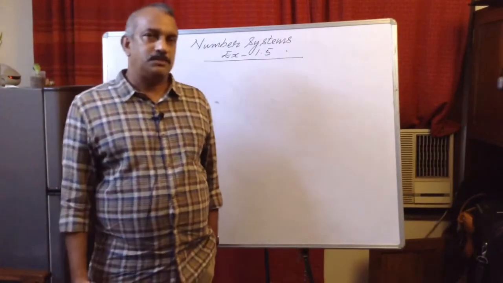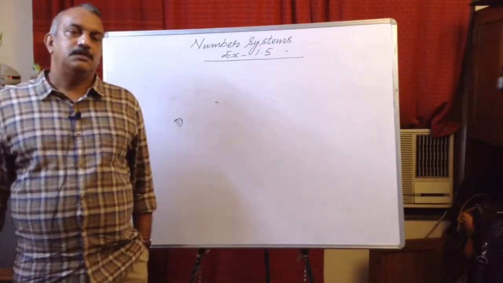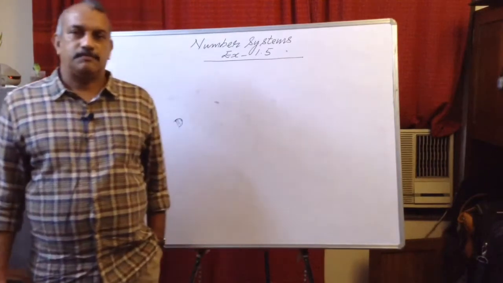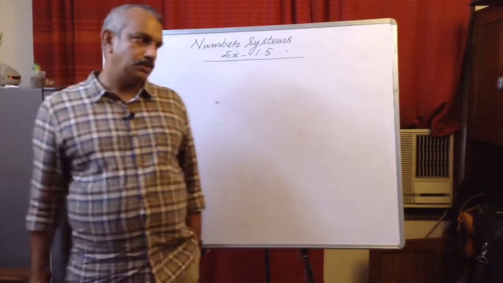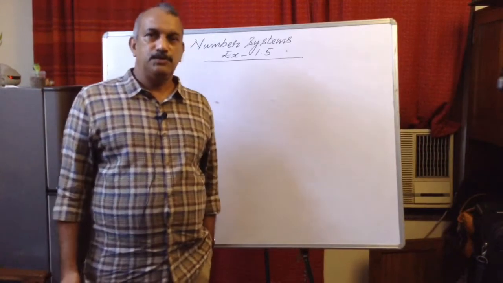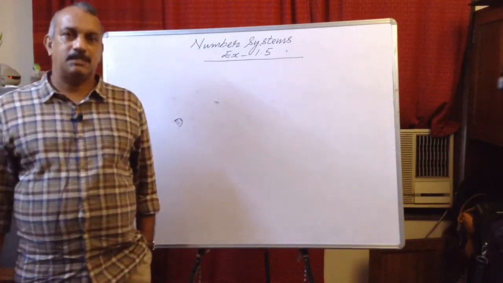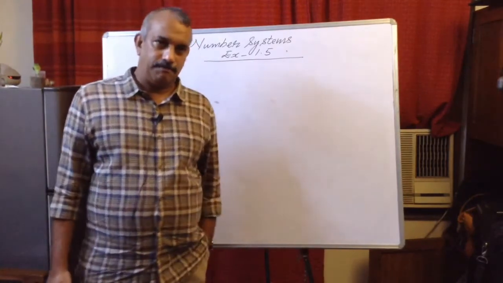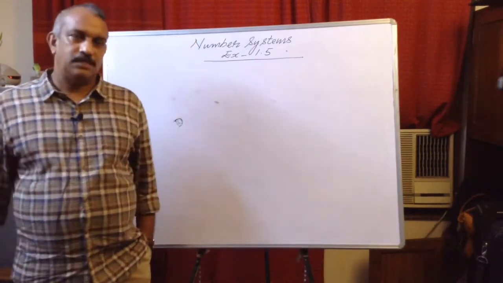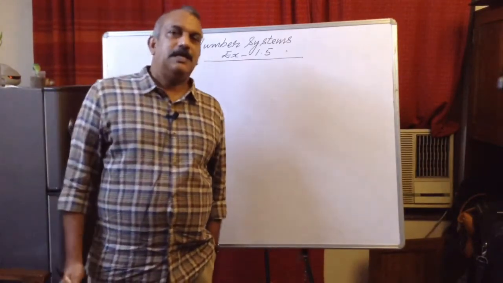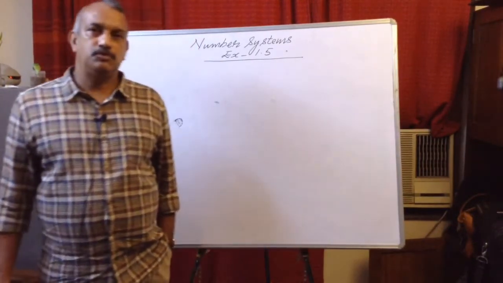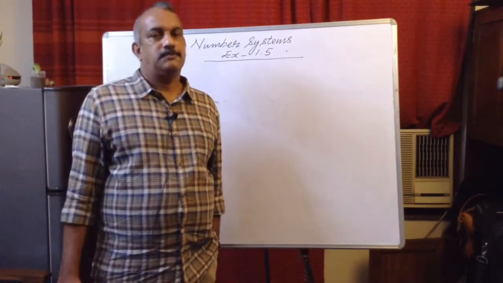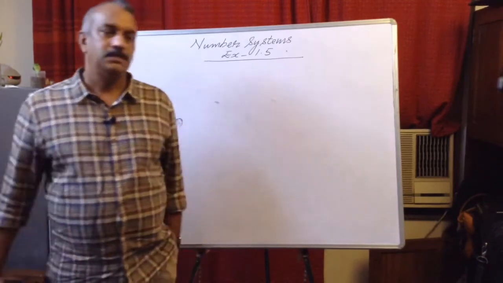First of all, number systems: rational numbers, irrational numbers, then rational numbers and irrational numbers together called real numbers. Now in rational numbers, what all things you know: how to find a few numbers between two given rational numbers, then how to represent rational numbers on the number line, then how to change rational numbers into decimals and decimals into rational numbers, both terminating and non-terminating repeating decimals. This is what we have learned in the case of rational numbers.